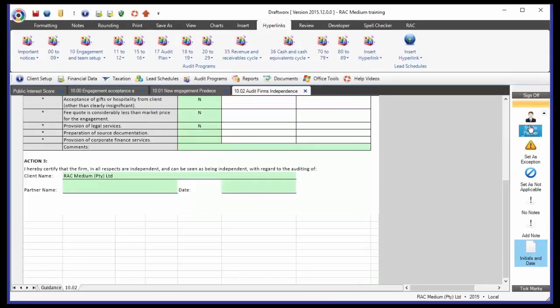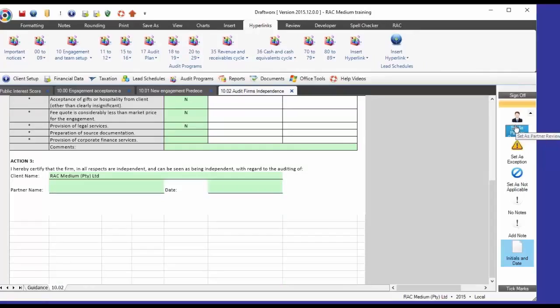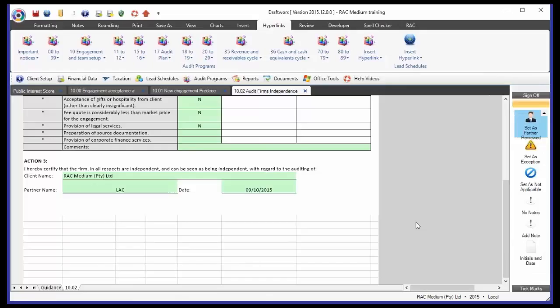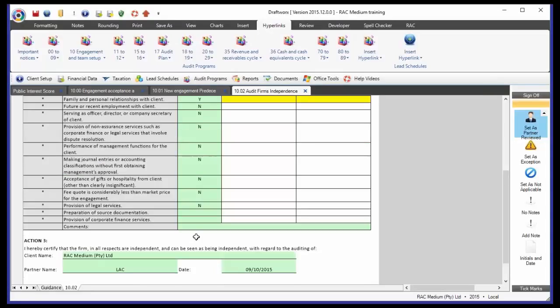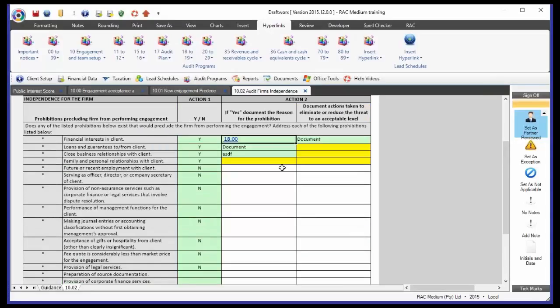Also, this document works as well if I do go and set this as partner reviewed. It does go and put my initials and the date in for me, or you can choose to sign it off manually if you want to print the file. Now, I'm going to leave some of these exceptions in place. I just want to show you at the end of the day what